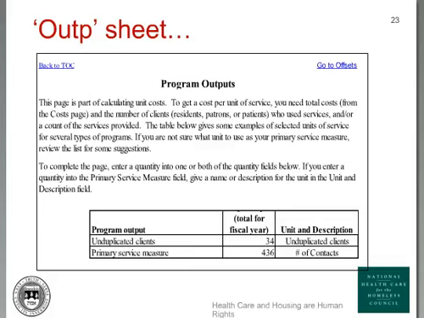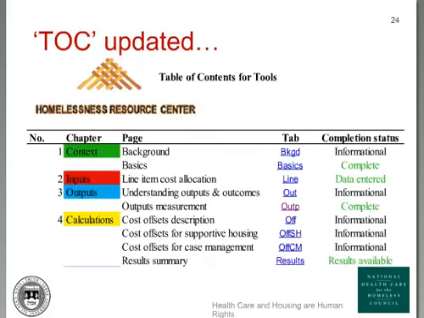So now we've put in the cost, we've put in the outputs. Let's go back to the table of contents, and it helps us with our roadmap of keeping track of where we are. So we see on the basics that it now is green and says complete. On the line, it shows the data have been entered. And on the output line, it also shows that that's complete. And so at this point, we've entered all of the key items, and we see a green at the bottom that says that results are available. So now we'll go to the results page,